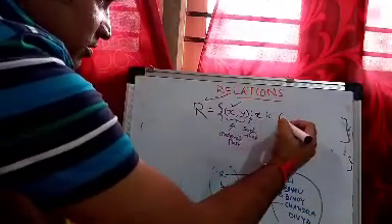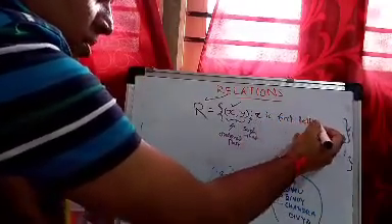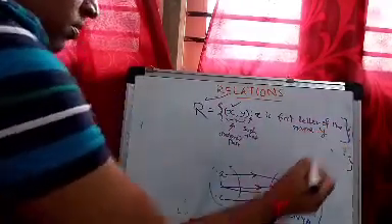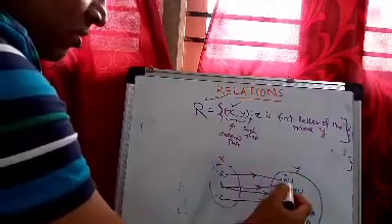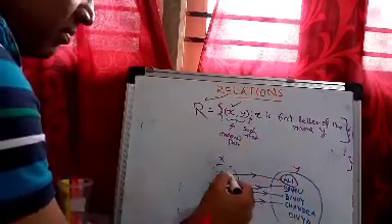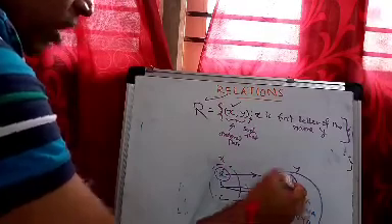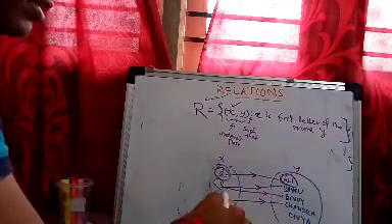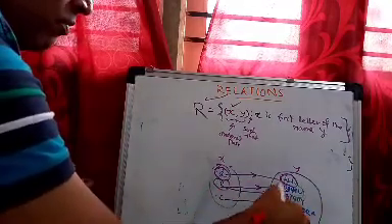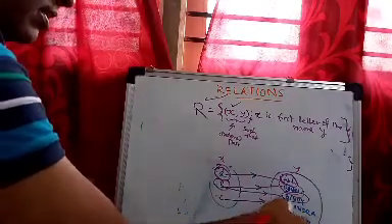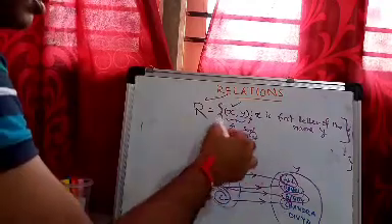So I have to collect all those ordered pairs such that X is the first letter of the name Y. So all the elements here are Y and this is X. The first letter of the name Ali is A. So my X is the first letter of the name Y. A is the first letter of the name Ali. B is the first letter of the name Bhanu and the first letter of the name Binay, and C is the first letter of the name Chandra. So this is my relation.